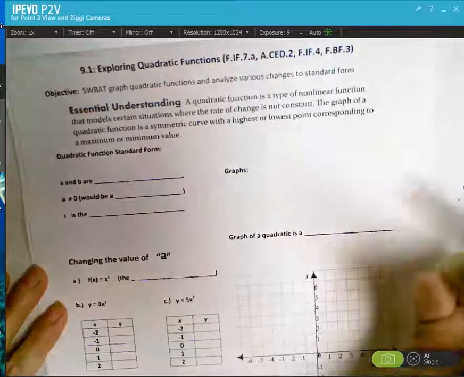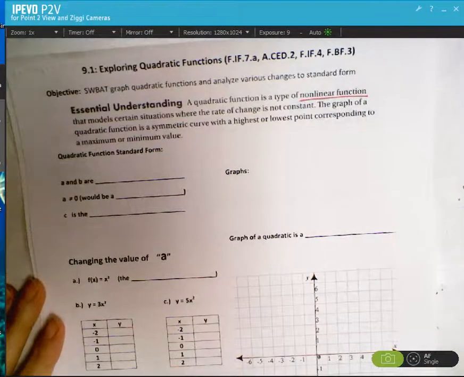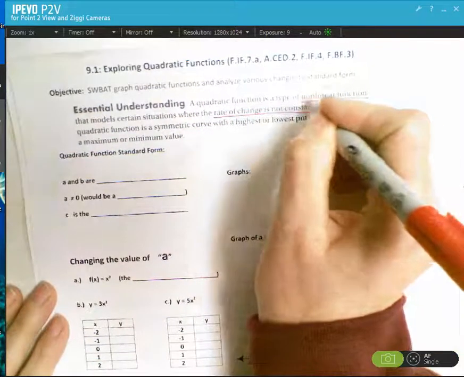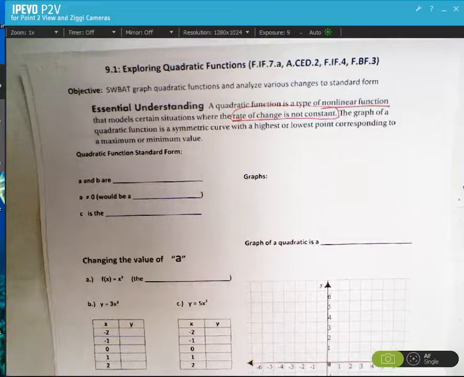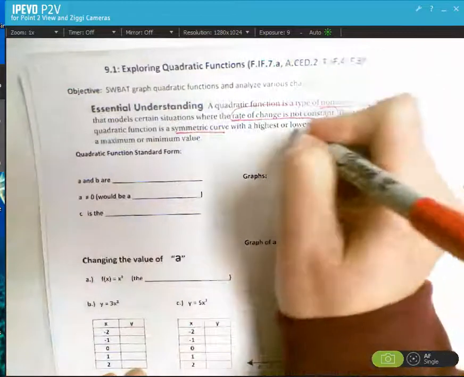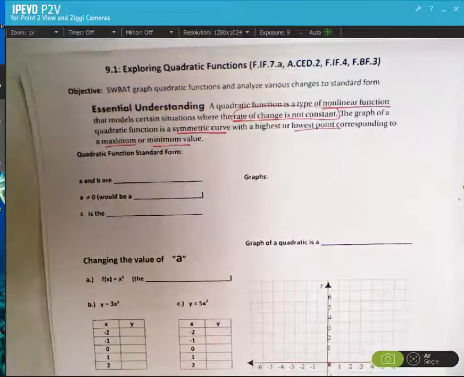A quadratic function is a type of nonlinear, so it's not a line, that models certain situations where the rate of change is not constant. So those are a couple terms that you need to understand go with quadratic functions. The graph of a quadratic function is a symmetric curve with the highest point corresponding to a maximum or minimum value. So we're going to take a look at those together so it makes a little more sense with that